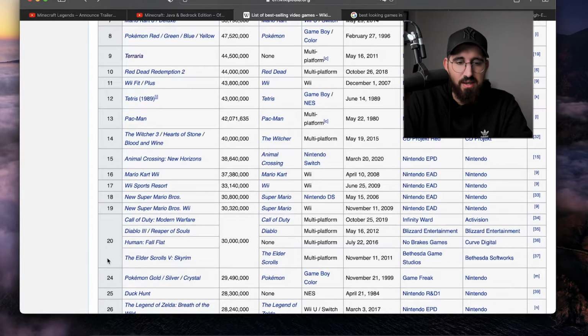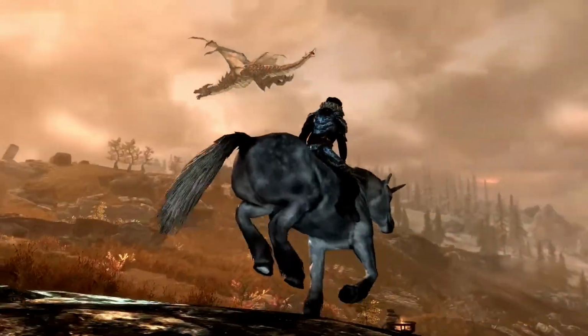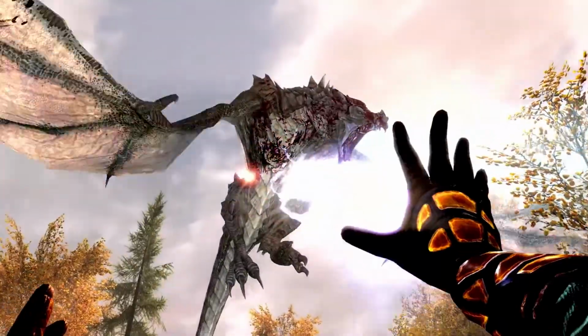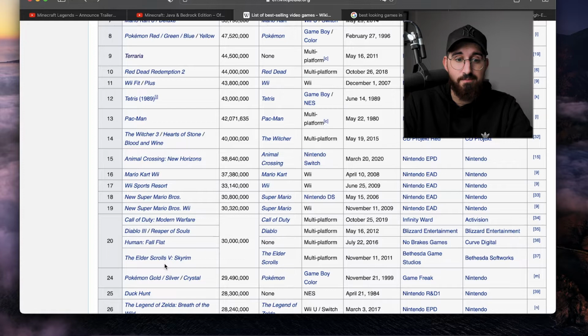let's count here how many of these have actually good graphics, and let's not consider Skyrim a good looking game. You can tell that's not good looking, not even Skyrim, which is one of my favorite games ever, and I think that most of the people who are watching this and actually played Skyrim will say the same. Skyrim is one of the best games ever produced in the world, and we all have to agree that even for 2011 it wasn't a very good looking game, and most people are going to tell you that it's among the best